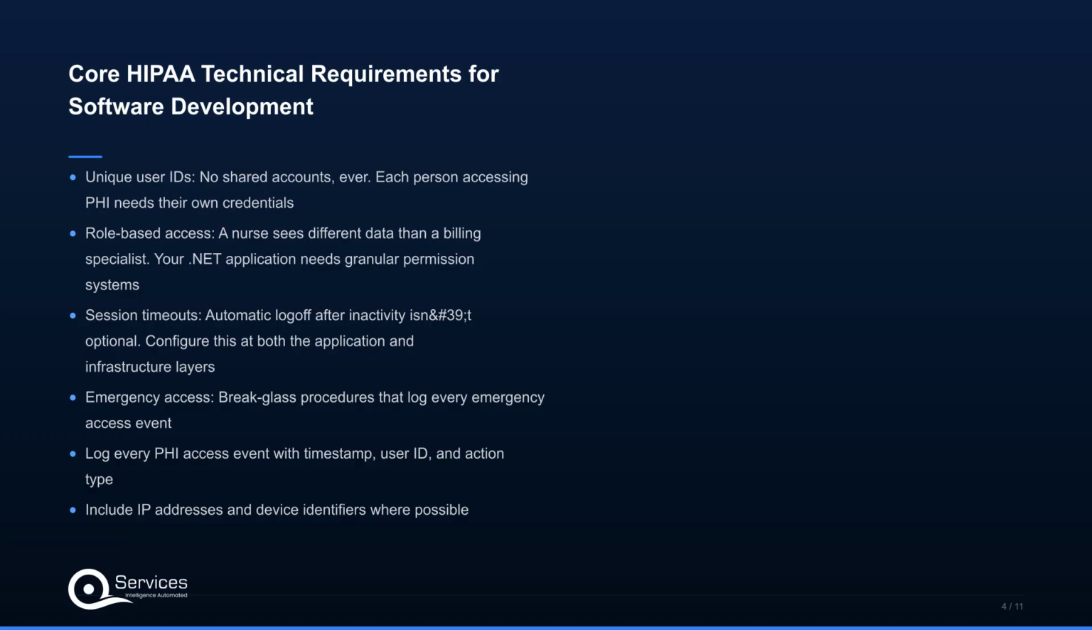HIPAA requires unique user identification, emergency access procedures, and automatic log-off capabilities. But the regulation doesn't specify implementation details, which creates confusion. For HIPAA compliant software development, this means